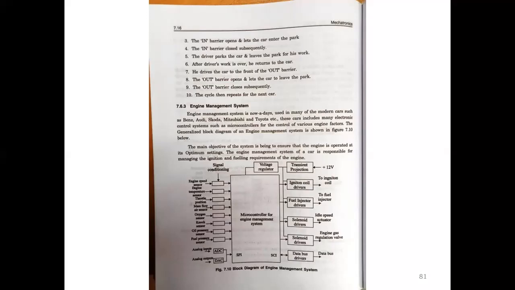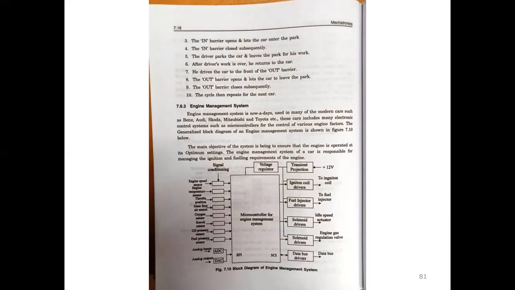Sensor, then throttle sensor, then mass flow sensor, then oxygen sensor, NOx sensor, oil pressure sensor and fuel pressure sensor. So we get the analog input using the ADC and digital input using the digital to analog converter. Then on the output side, these values are compiled and processed by the processor, that is a microcontroller or